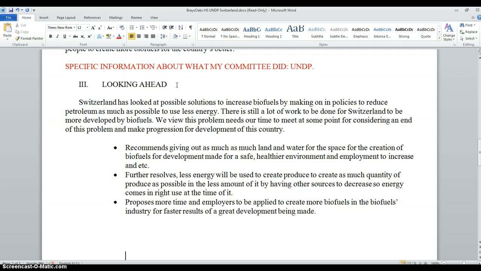There's still a lot of work to be done. They're acknowledging that issue, and there are 3 recommendations. Now, the recommendations use words. It's a little weird how they say it, but this is just how you're going to do it. Instead of having complete sentences, it's more like fragments. So, recommends giving out blah, blah, blah. Further resolves blah, blah, blah. Proposes blah, blah, blah. So it's got those weird words. Feel free to use these words in particular or specifically when you write your recommendations, and just fill in what